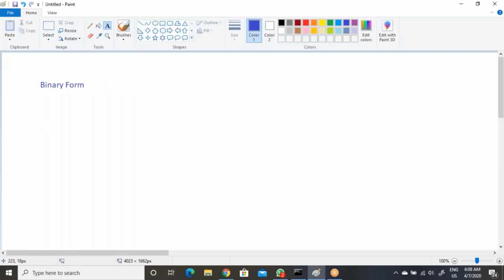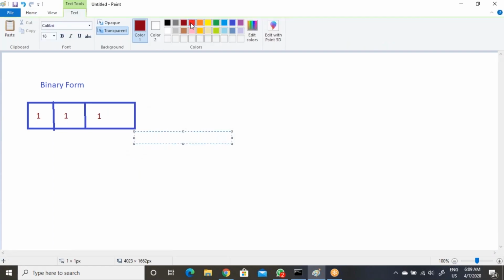What are the values we have? Triple one, right? Let's take 1, 1, then 1. Now what is the base value? The base value will be 2, right? Then let's see.